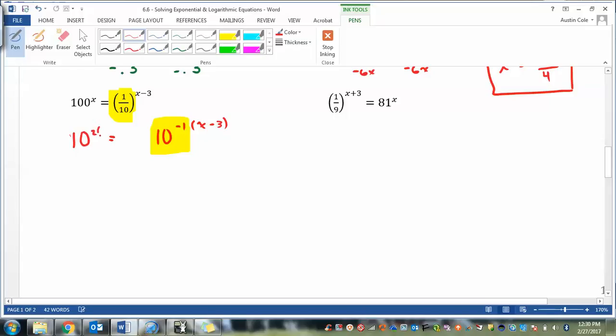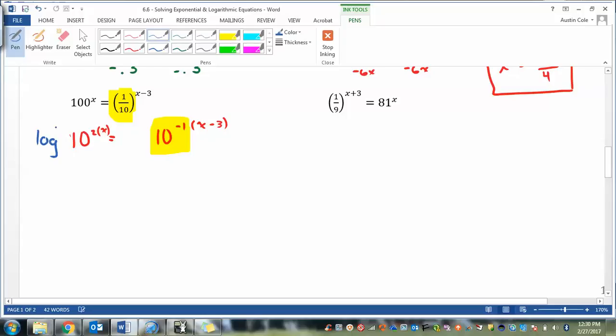10 squared, right? I haven't changed the value of anything, I've just changed the form that they're in. So instead of 100, I'm calling it 10 squared. Instead of 1 over 10, it's just 10 to the negative first power. And now they've got the same base, so now I can